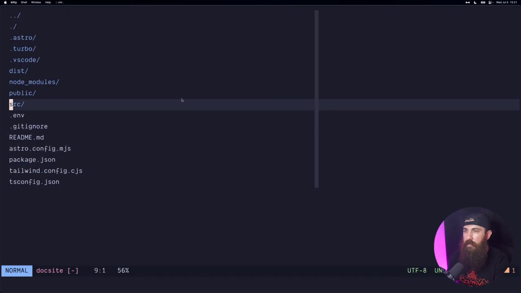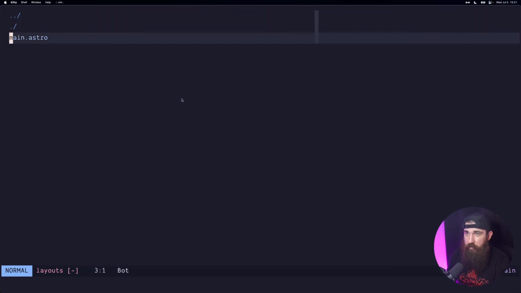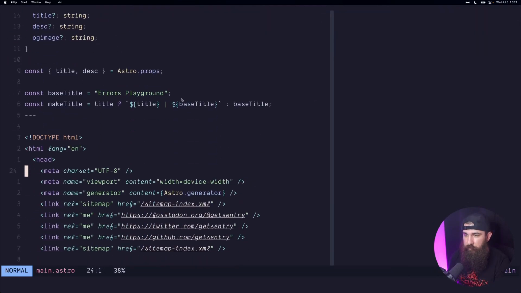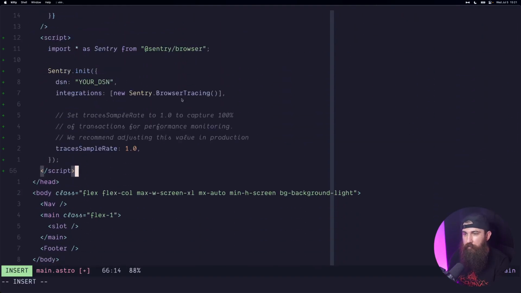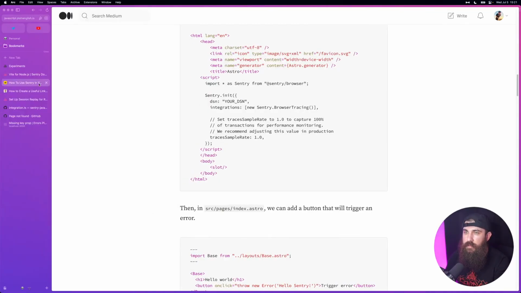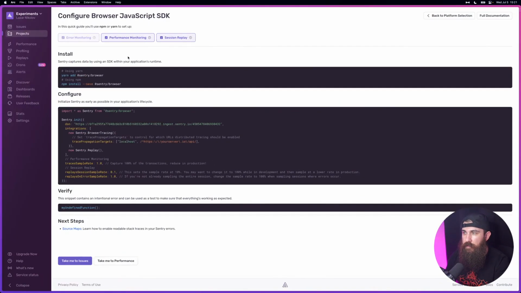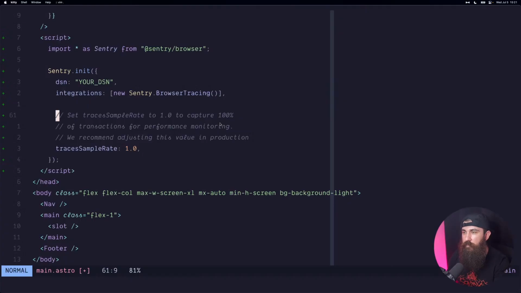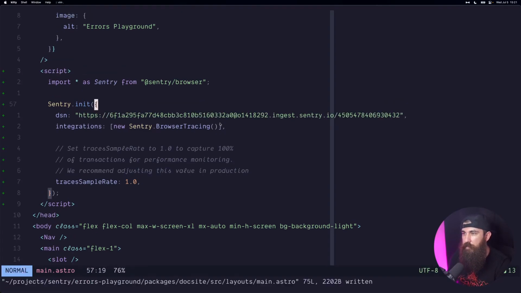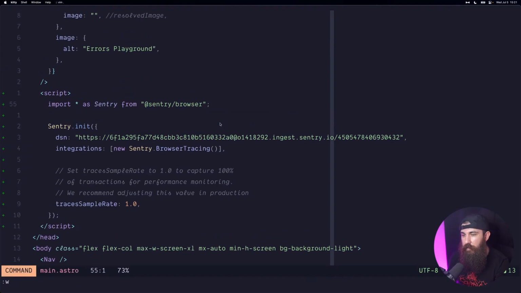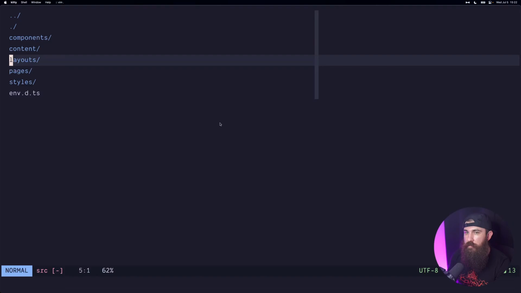That's it. So now let's go to layouts main and add our script right here. Our DSN. So let's go and check the DSN. This is for our package. So this is our DSN. Change in quotation marks. Bam. That's it. Browser tracing. All right. Doesn't matter. But then also, oh wait. We should also add